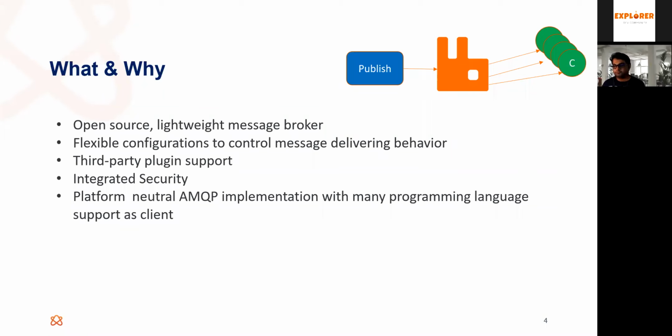And the other thing is that RabbitMQ supports failover management. Failover management means that, let's say RabbitMQ is running and there's some connection failure, we can register listeners so that when RabbitMQ is up again, we will get the notification, and then we can start sending messages again. So there is flexible configuration like that.